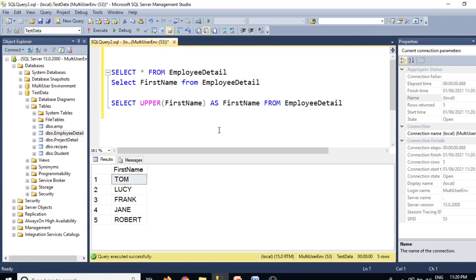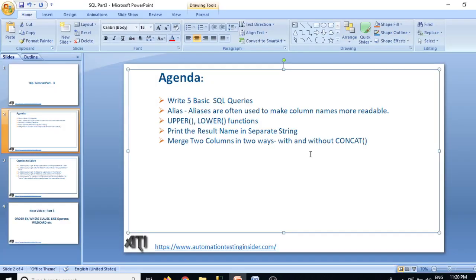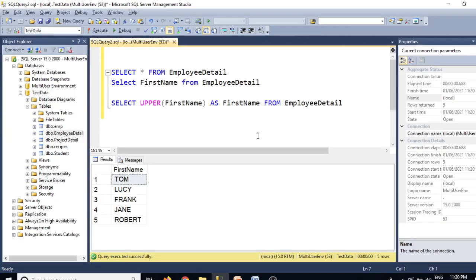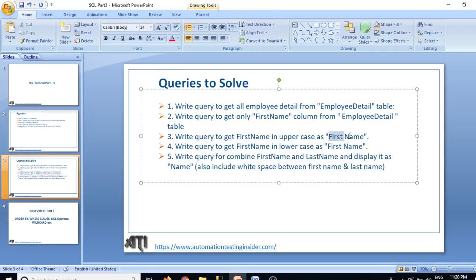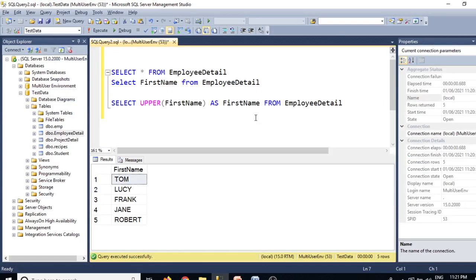So right now there is a condition as well. That should be printed as first name, right? There should be a space between first and name. So how to do that? Generally we cannot do it like this, because first is a keyword. It converts to blue color, so we cannot write it like this.